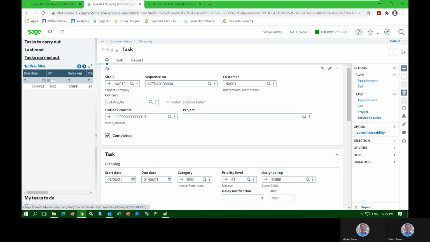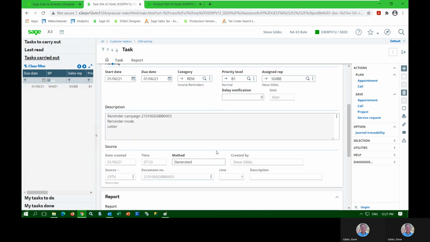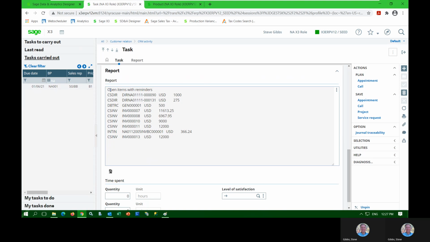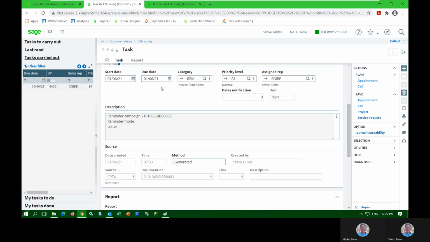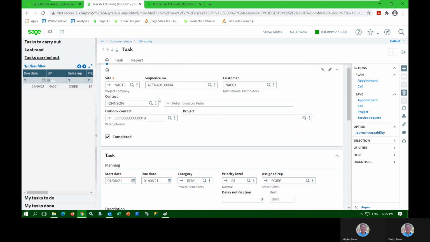Let's go ahead and find a customer. Here's a customer where we have done a past due invoice campaign. Here's different reminders that we sent the customer. And if we want to, remember, this is in CRM. It's tied to the customer here. So there's a relationship between this record and the customer, International Distributors, and the sales rep has full visibility into